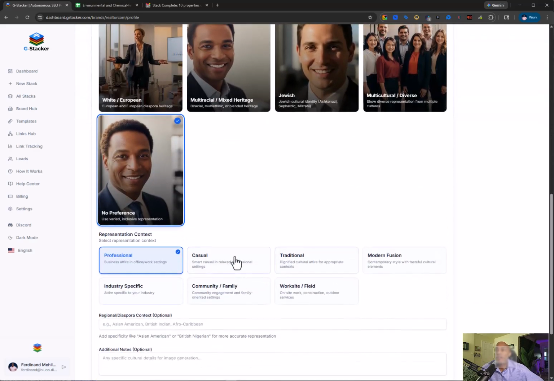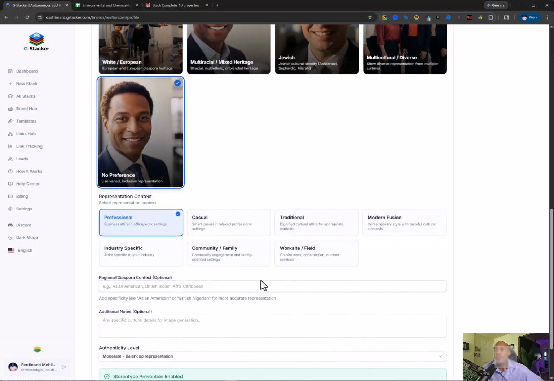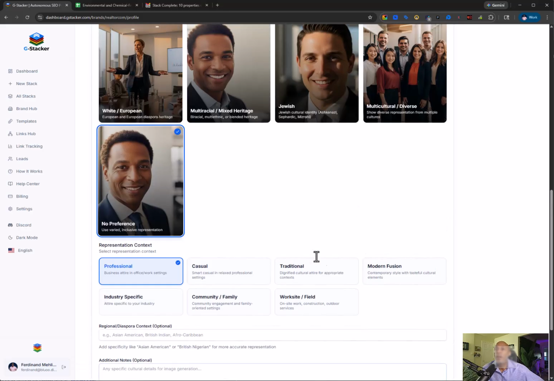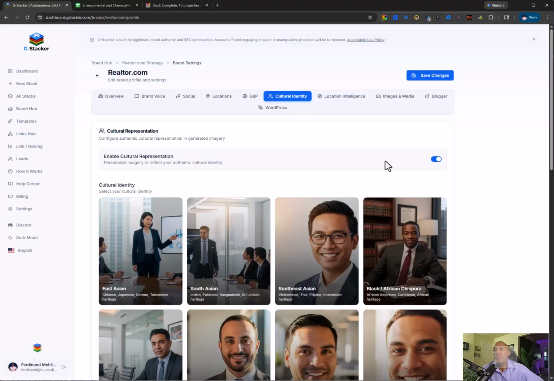You can add in the representation context about that culture, the regional diaspora, if you want to add that in there, and any additional notes if you want to. So all of this is added within the system itself. Then when you go and create your stacks, all of your cultural representation is added into your stack so that it brings in information that looks like you, is representative of you and your business